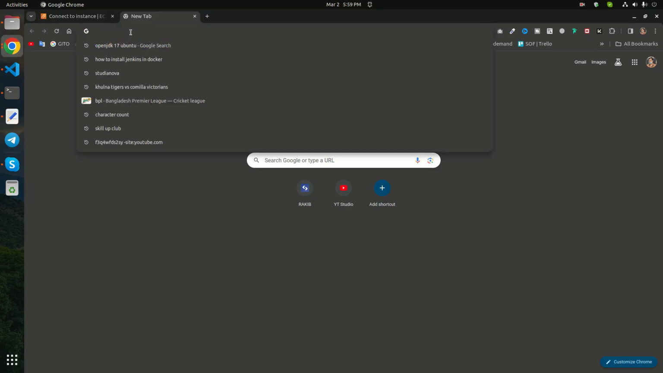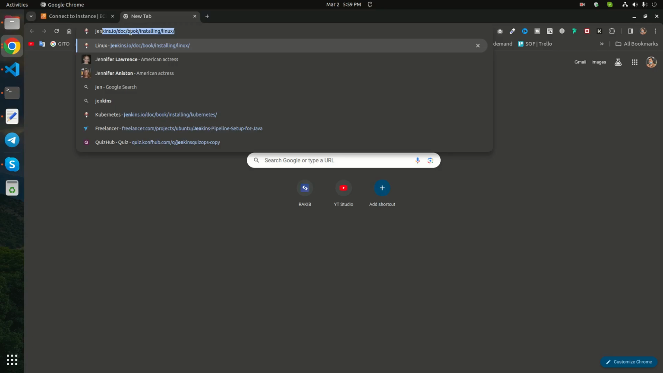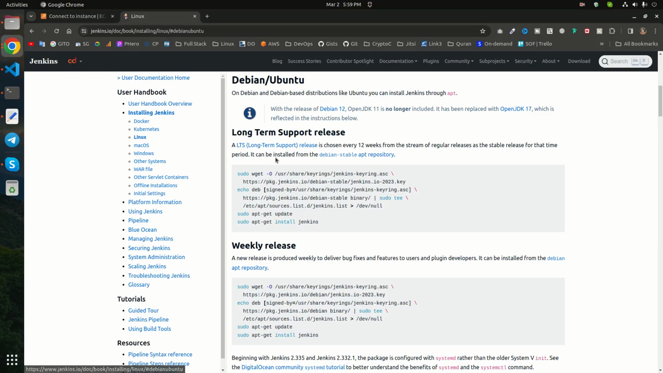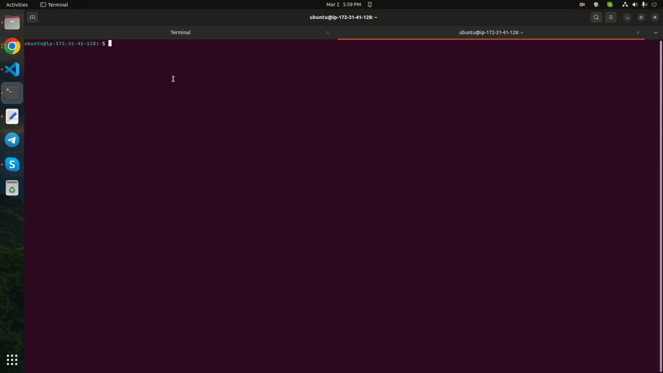Jenkins install Linux. Okay, you will use long-term support. For Jenkins we need OpenJDK. Let's first install the JDK. Sudo apt install openjdk-17-jdk. Okay,